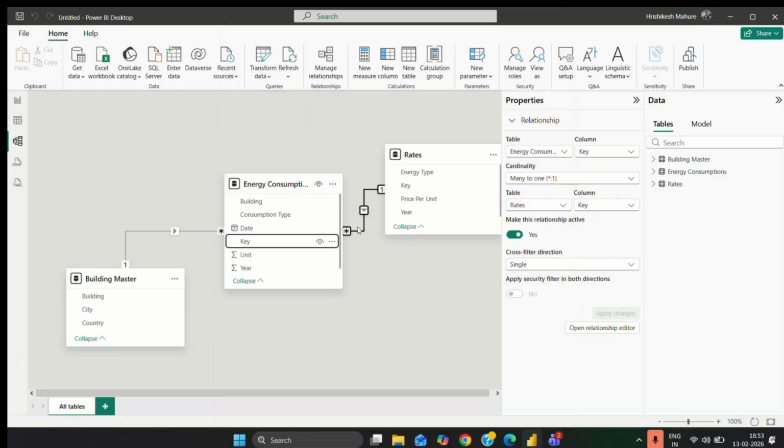Now see here what happened. We built a relation between energy consumption and the rate with the help of the key column. And in the building master, we built a relation between the building master and the energy consumption using the building column. So we're done with the modeling. Now